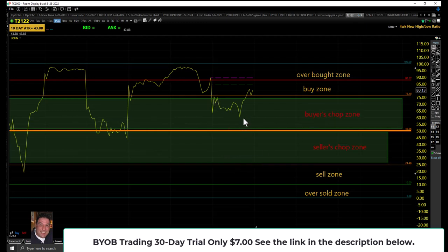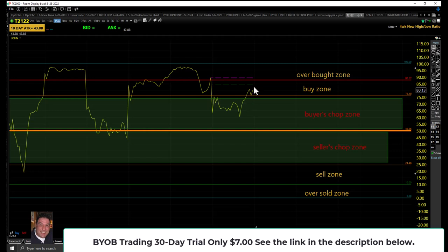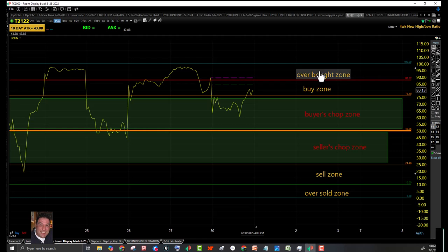Technicals, we spent the day yesterday in the buyer's chop zone, and then we made an appearance in the buy zone yesterday. We closed the day before in the overbought, and the bears threw us out, and we wound up camping out inside the buyer's chop zone, only to make an appearance at the end of the day in the buy zone. I don't like the lower low, and I don't like the lower high. There's the high, and there's the lower high. I don't like that, but let's face it, anywhere up in the buy or in the overbought zone is very bullish. So there's T21.22,